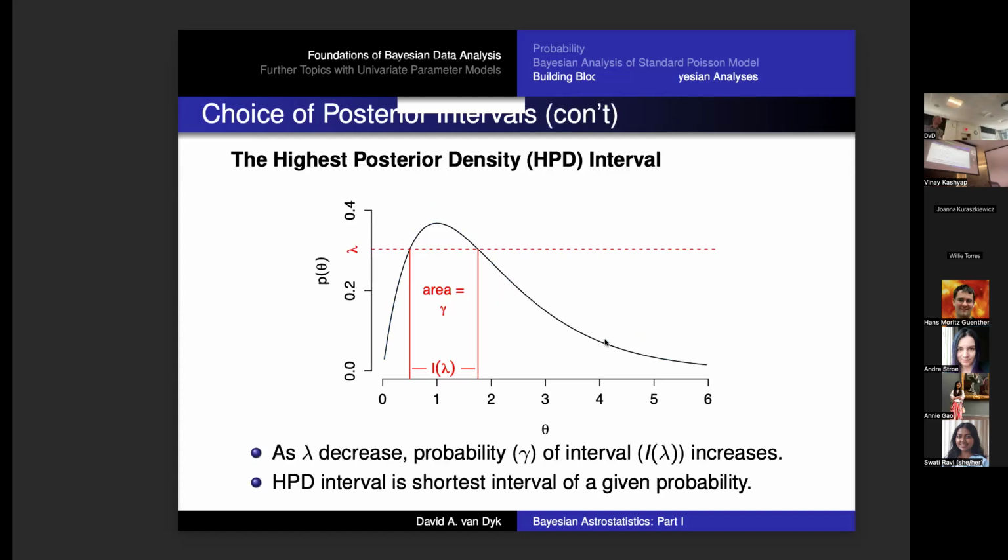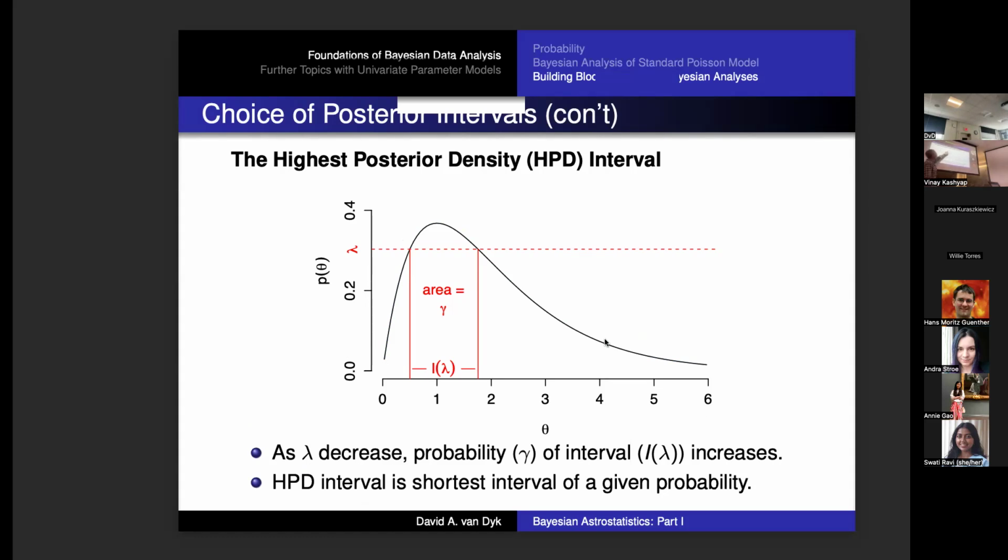There's something that in some ways is nicer. It's called the highest posterior density, or HPD, interval. What the HPD interval tries to be is the shortest interval. If my science is going to be better if I constrain the parameters more, I both want to say it's 95% and have it as narrow as possible. That's the HPD. And the way you get the HPD is you make sure you use all the area where the curve is the highest.